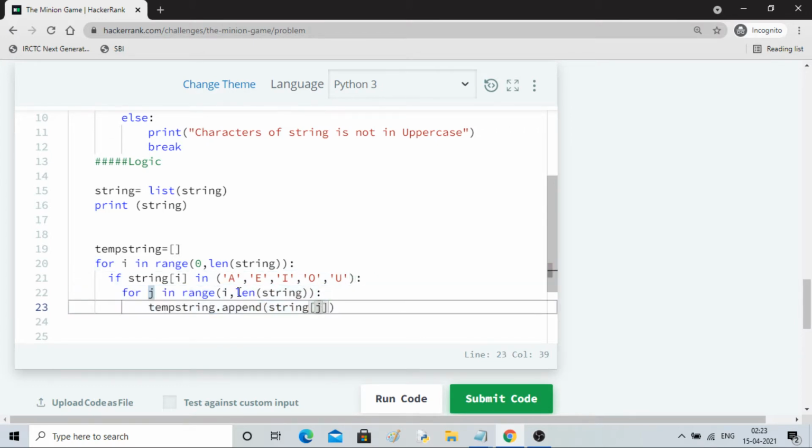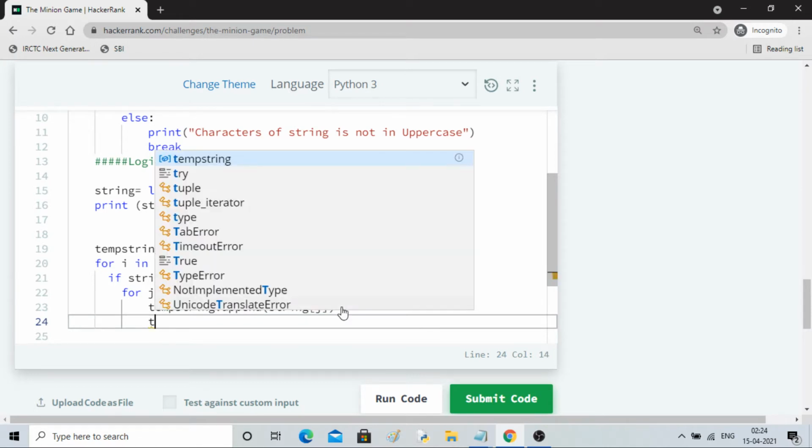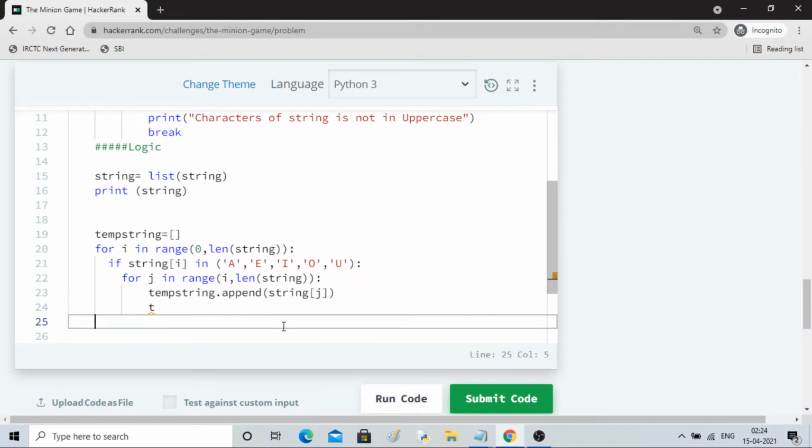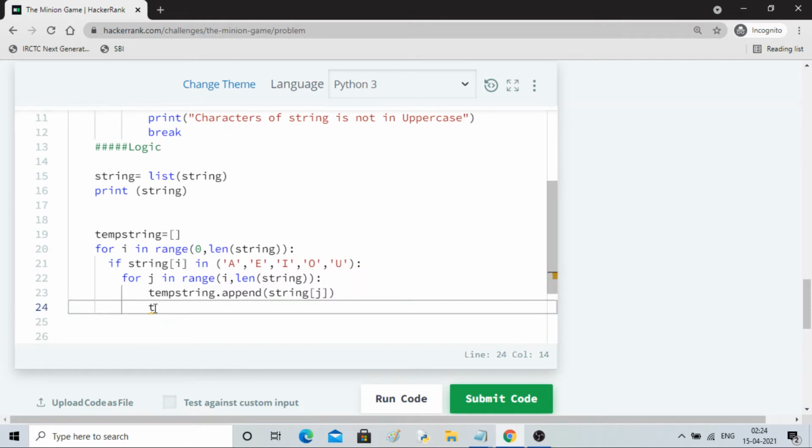It will run a for loop, start from i, and keep on appending the characters. We have to join as well, right? Because they are in characters.